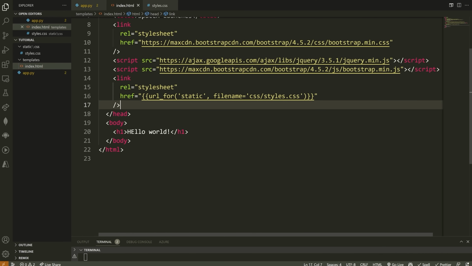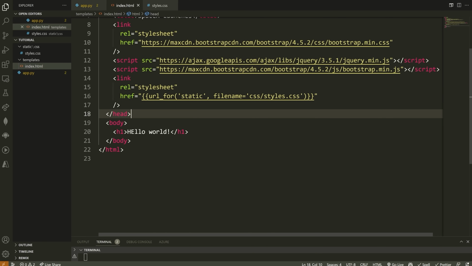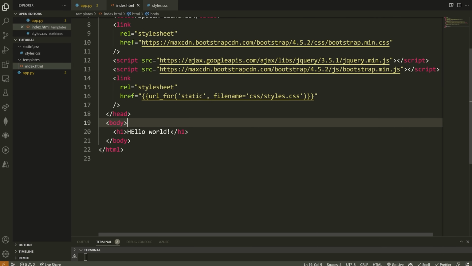So what did I just do here? Well, essentially what I'm doing is actually embedding a variable inside of my template. Now, remember I told you that whenever we're working with Flask, we have this Jinja templating engine. Now, we can actually embed variables using these 2 braces like this. So whenever we use 2 braces, even though it doesn't really look like we're embedding a variable, this is actually going to evaluate whatever's inside of these braces as a Python variable. So what we can do is use this function url_for, which is built into Flask, which is going to find us the URL for the static folder, which is where we have our CSS file. And then we need to specify the filename as css/styles.css, which is where we're storing that file.